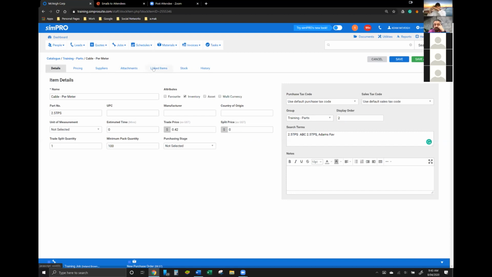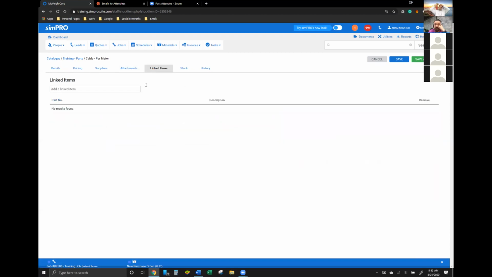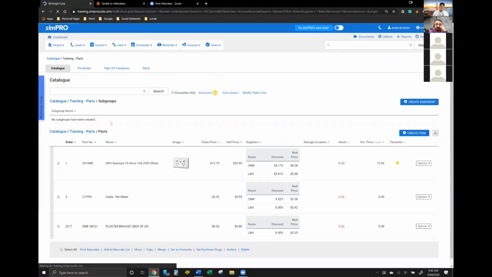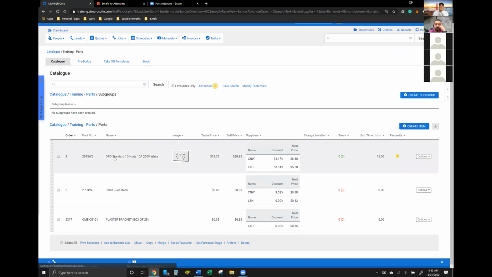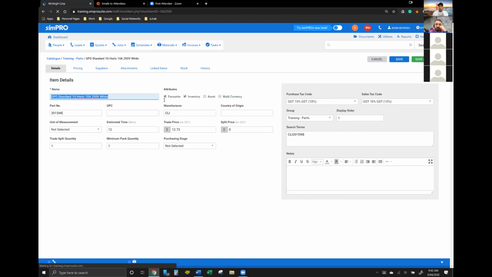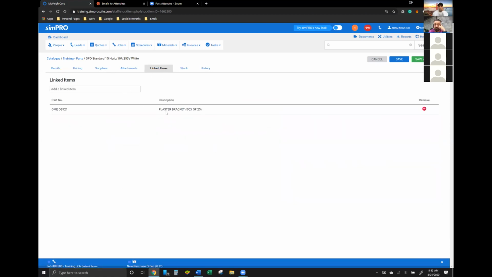From a linked items perspective, you can actually link multiple items to this one particular product. So I'm just going to open up another item that I've got in here, which is my GPO. From a PowerPoint perspective, every time that I buy or sell this PowerPoint, I want simPRO to prompt me that I'm also going to need a plaster bracket as well. So if you start linking items to particular catalog items,